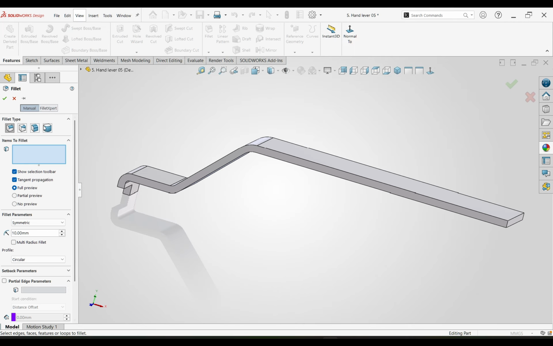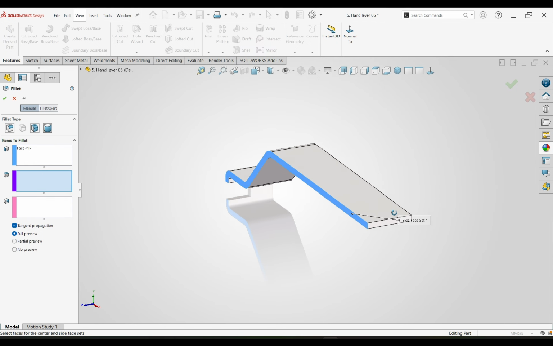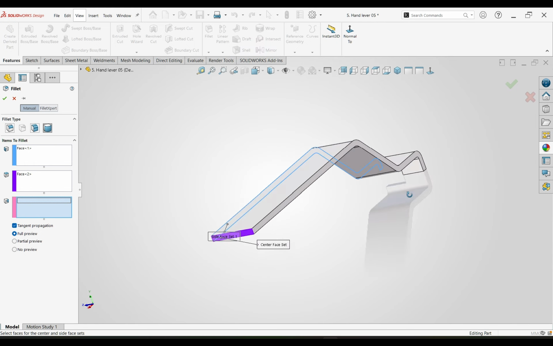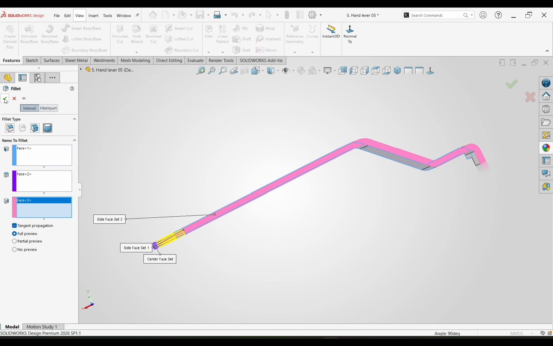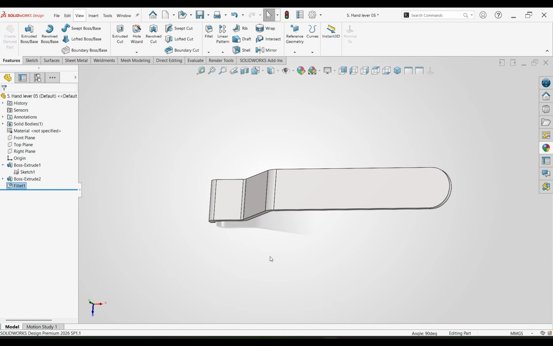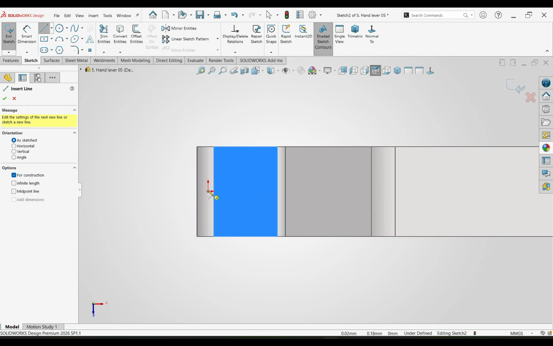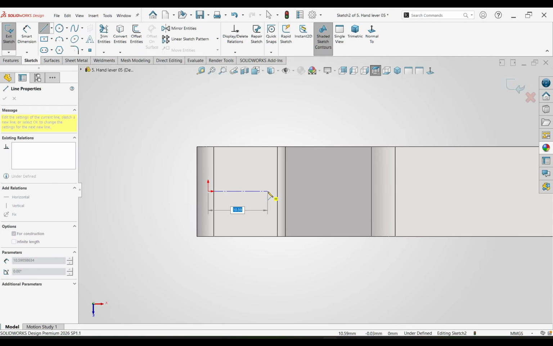The last step, I am going to use sketch fillet. Round fillet I am going to use. Select this face, that face, and that face, and OK. So this is our hand lever, part number 5. We will modify here. Select this face, draw a center line like this,